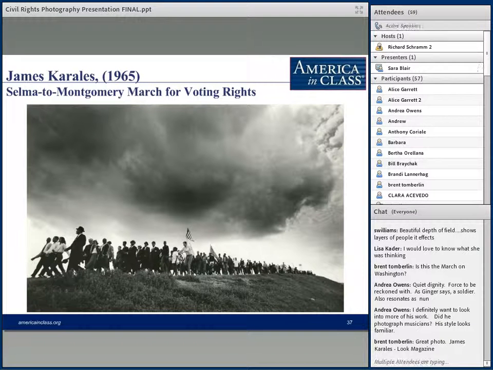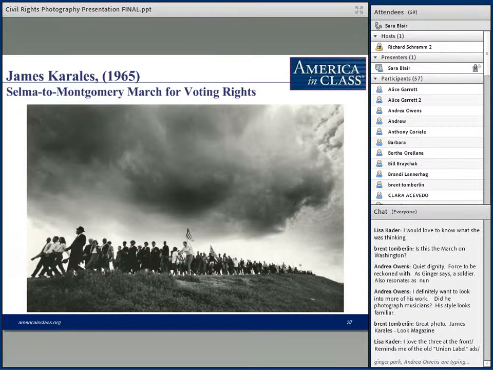Again, part of the now, I hope, for our students, newly familiar Selma to Montgomery March, that whole historical context, great film that's brought it back to life in a new way. This really is a remarkable image. And I guess I just want to ask participants to comment on